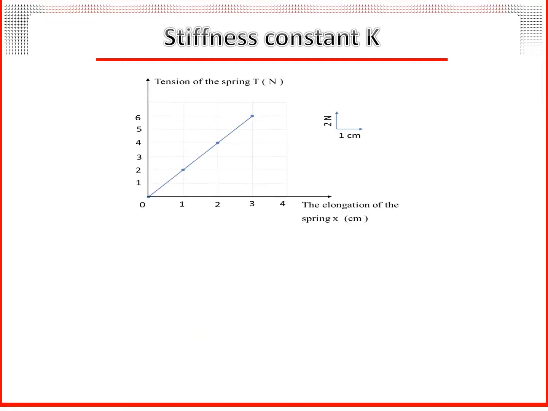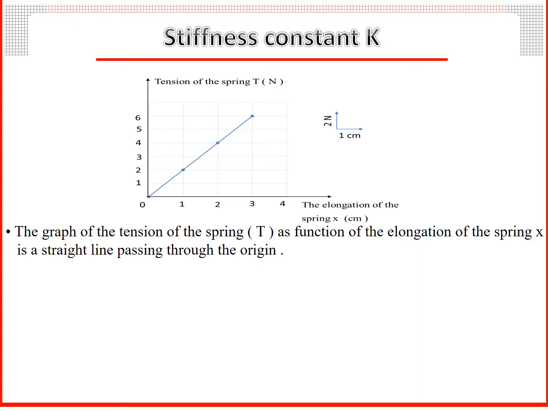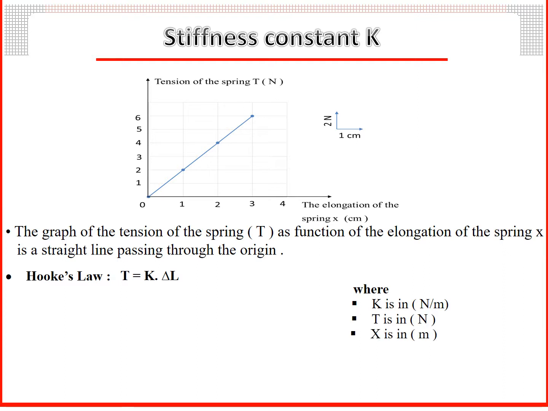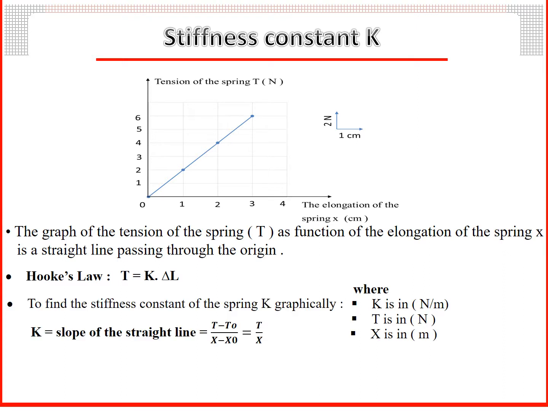Stiffness constant K. The graph of the tension of the spring T as function of the elongation X is a straight line passing through the origin. According to Hooke's law, T equal K times delta L, where T is in Newton, K is in Newton per meter, and X is in meter. To find the stiffness constant of the spring K graphically, K equal slope of the straight line equal T minus T0 over X minus X0. Since the straight line is passing through the origin, then T0 equals 0 and X0 equals 0, then K equal